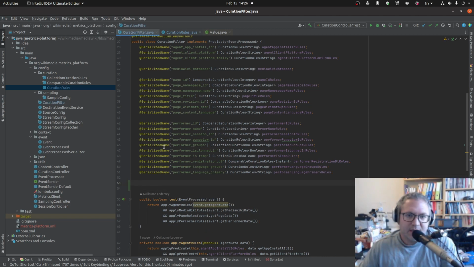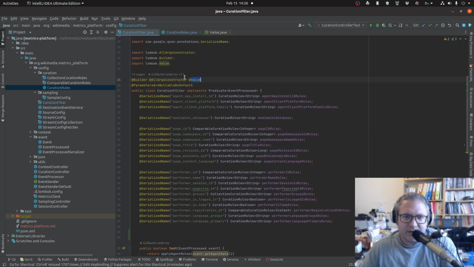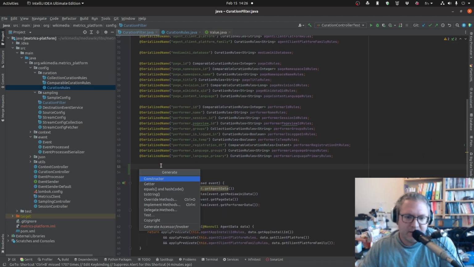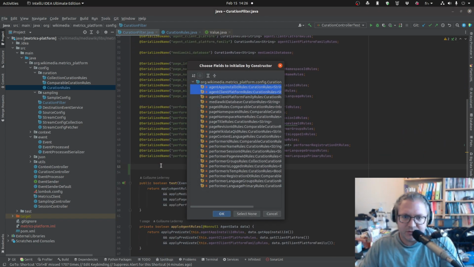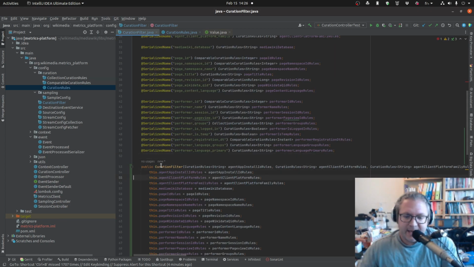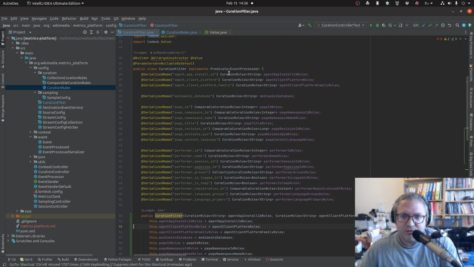That means at the moment, again, this is a value class, so there's a lot of things generated automatically. I have a constructor that's generated automatically. What I can do is write a constructor instead with everything. And whenever I have a creation rule, I want to wrap that into